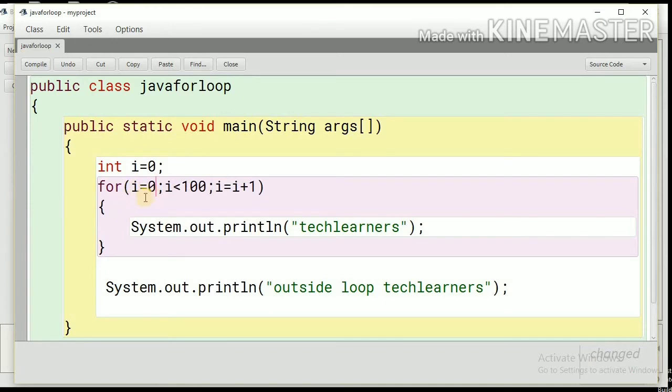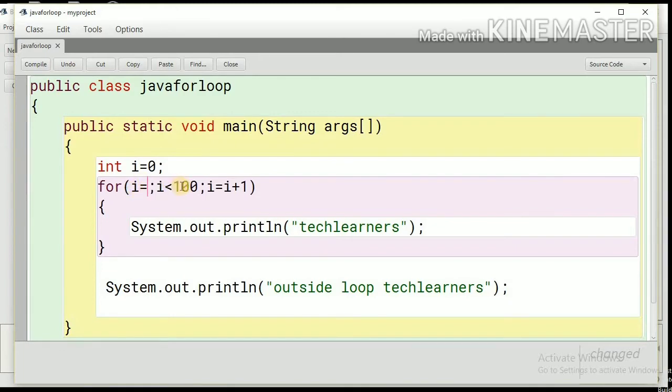Now this assignment statement can be used with integer variables, character variables, long, short, and even string variables. It has to be an assignment statement. On the right hand side we can use an expression, for example 0 plus 2, and the value will be assigned to this I. It can be anything.